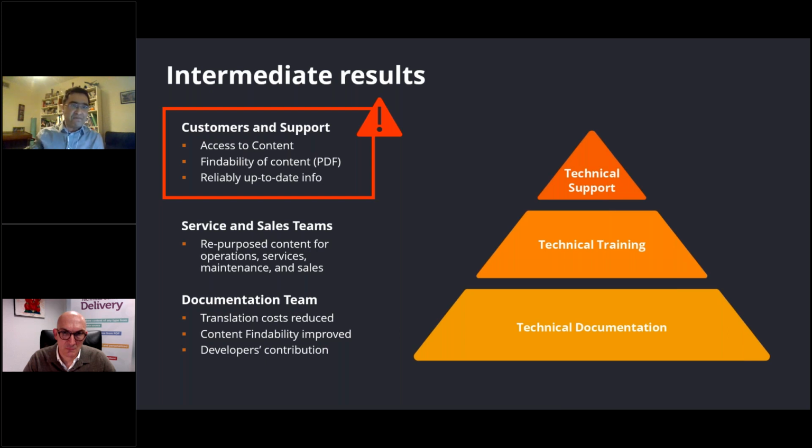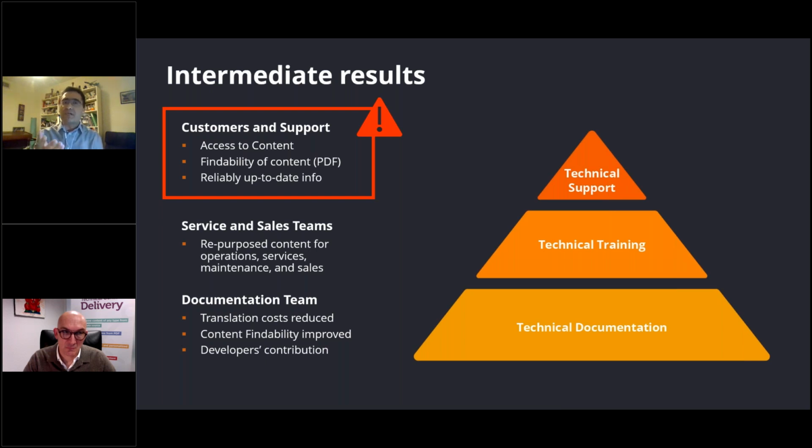But in PDF, all these advantages got lost. In PDF, you don't have metadata on the level of individual topics, which means that finding a specific piece of content that your customer is interested in is quite problematic. Also, no one could guarantee that the PDF the customer is looking at is actually up to date. So probably not. And on top of this, when you generate a PDF and you deliver this PDF to a customer, you don't really know